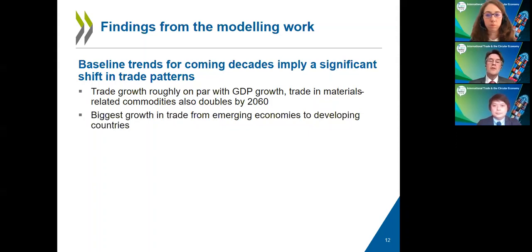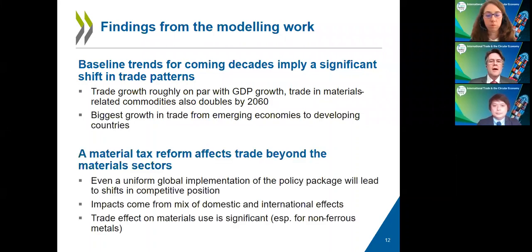to the OECD to more trade between emerging economies and between emerging economies and developing economies. And looking at the policy reforms, or the transition to a circular economy, you would think that primarily the effect is on the trade, on the materials-related commodities, and that is true, but they have spillover effects on the rest of the economy. And even in a uniform global implementation of a policy package, as I just outlined above,